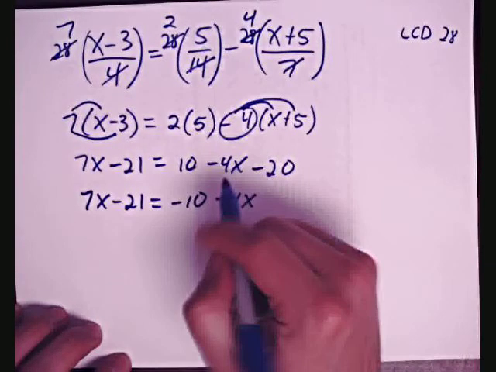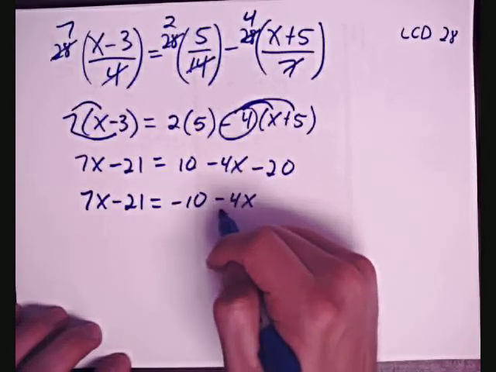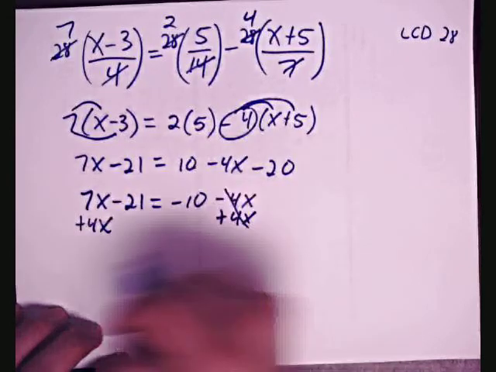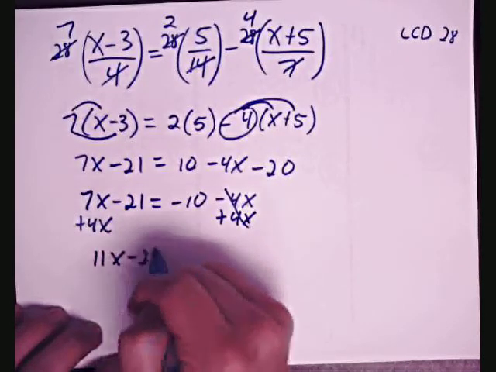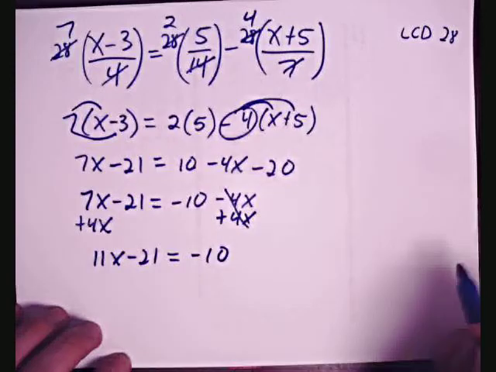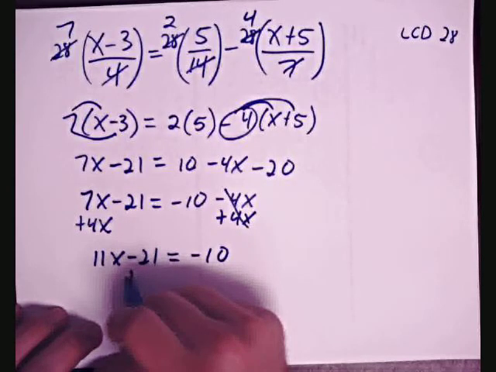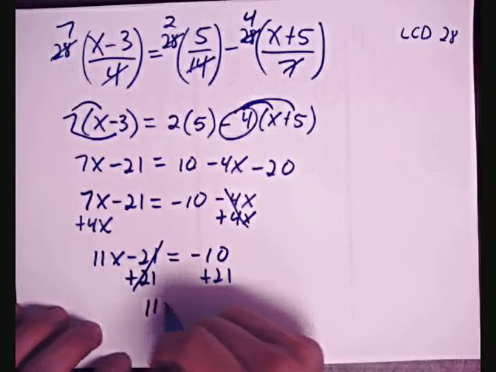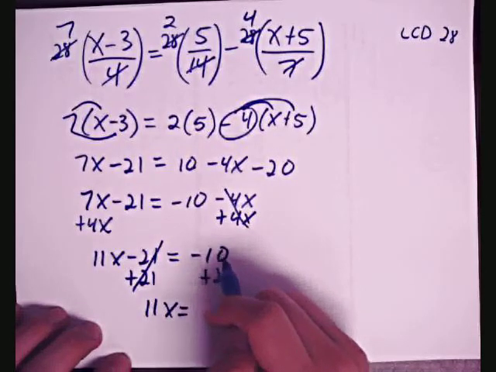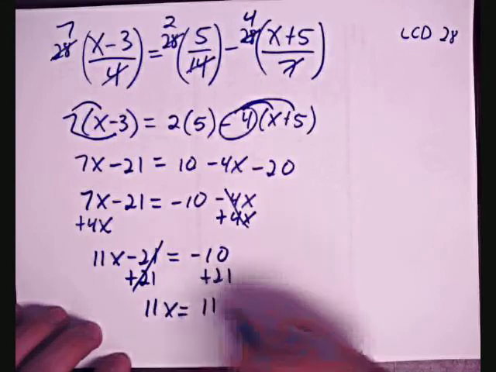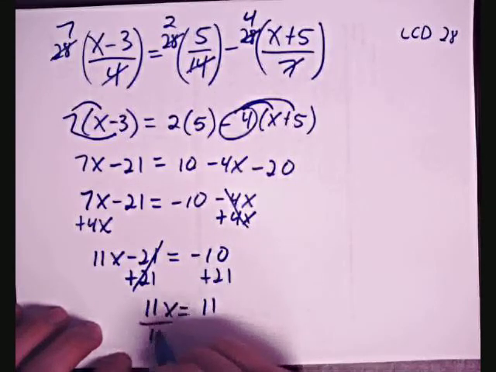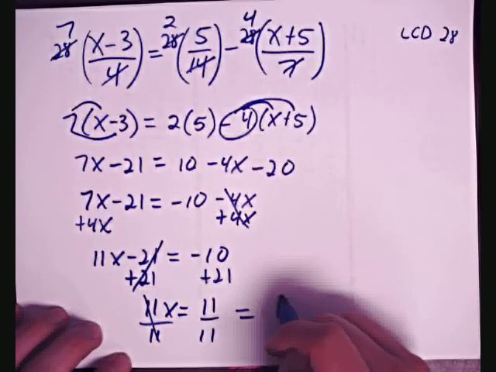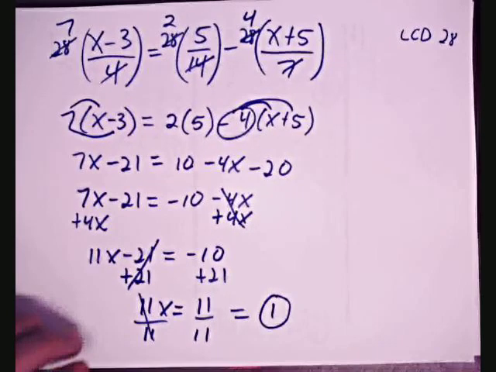Get your variables on the same side. Minus 4x is what we have, so we'll do the opposite, add 4x. So 11x minus 21 equals negative 10. Eliminate the constant by adding 21. So 11x equals negative 10 plus 21 is 11. And then last step, divide by 11. 11 divided by 11 is 1. So our solution to this problem